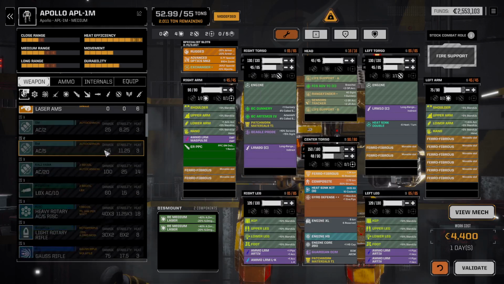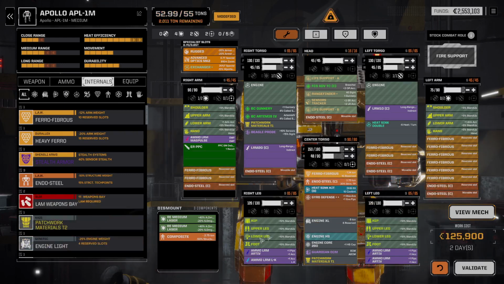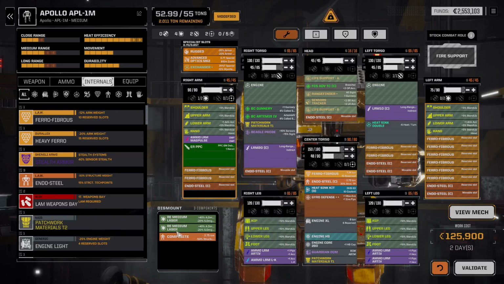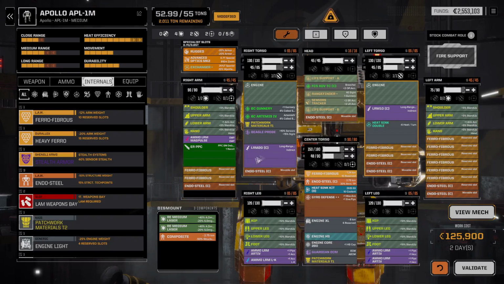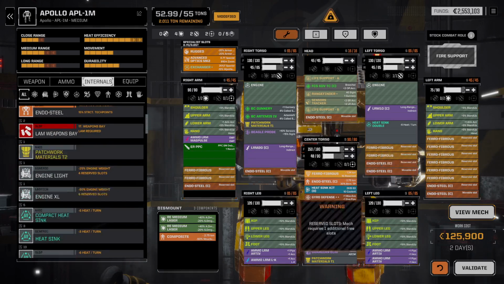You know what? Let's go ahead and pull out the composite, toss in the Endo. I think I'm going to use the composite on the Helepolis and make it more of an artillery mech, maybe. I don't know, but I'd rather have heavy armor rather than the medium mech armor defending a composite structure. So that is still 2 tons. And if we put patchwork in...